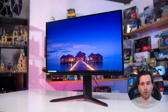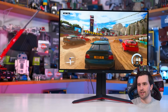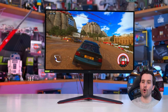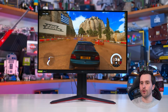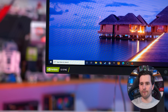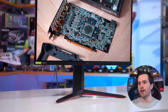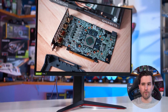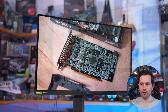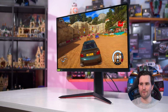What it lacks from the 27GP850 model is it doesn't have backlight strobing, it lacks a few USB ports, and it caps out at 165 Hz, not 180 Hz like you get with the full GP850 model, but it's a lot cheaper. The 850 is often around $500 or $450. The GP83B is often found for like $350 to $400, which makes it a much more attractive buy out of the monitors that I've reviewed this year in this price tier and this performance tier, 1440p,